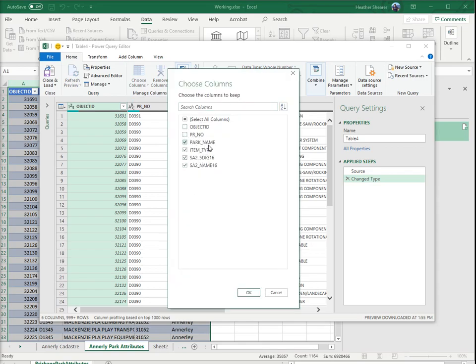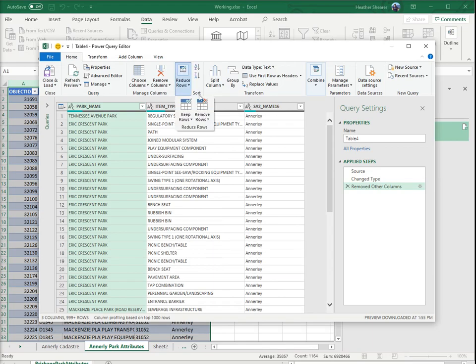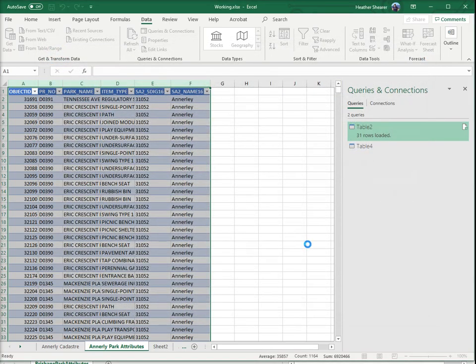I don't want the park. I'm going to keep the name. We already have an SA2 name, but I'll just keep it anyway. I'm also going to reduce rows by removing blank rows, because sometimes you might end up with millions and millions of rows, and believe me, that's what I did in my last one, because I did it wrong. Well, I didn't really. I'm going to close and load,